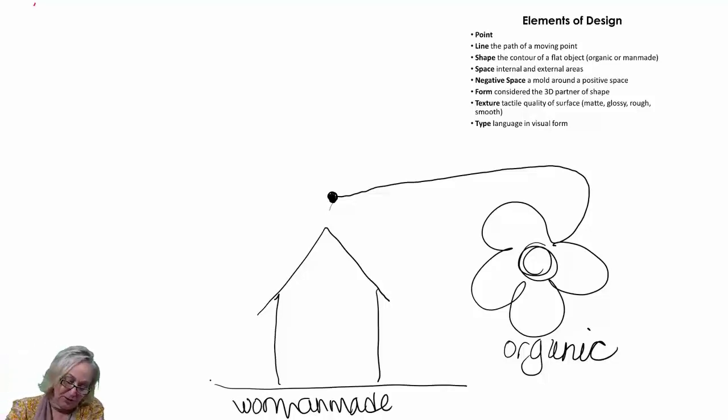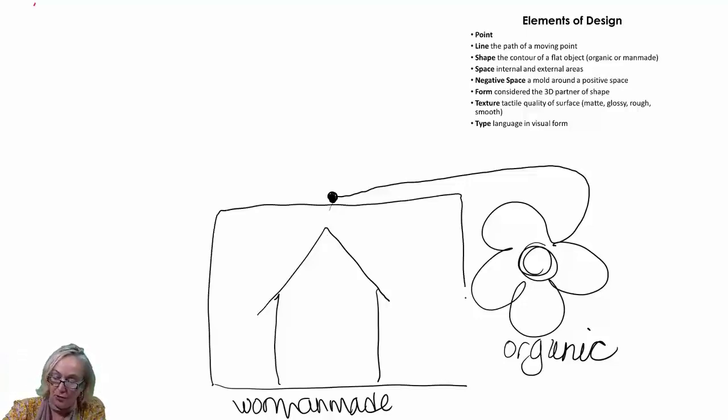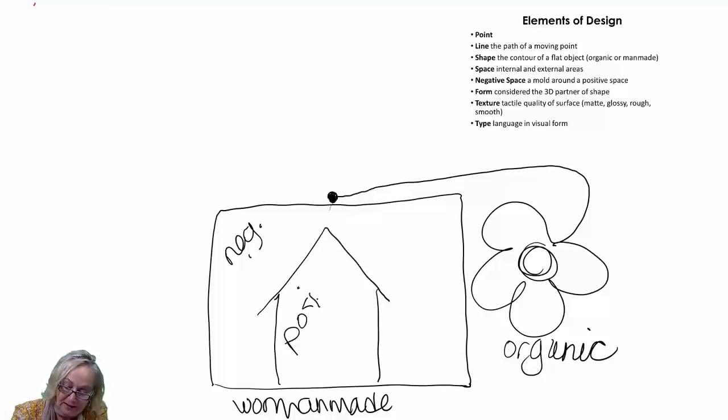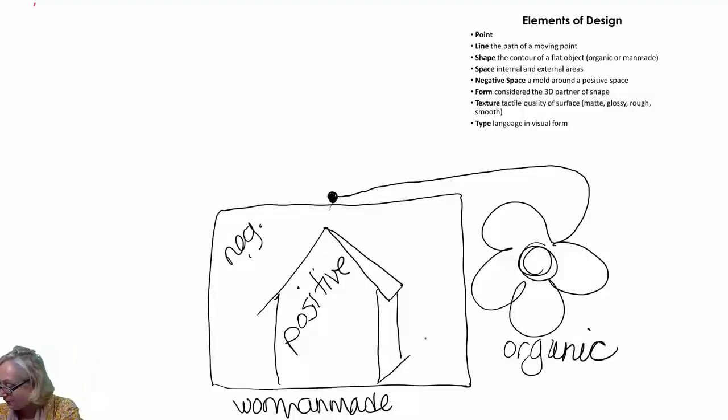Next, we're going to look at the space. So the minute you draw something around something, you have both negative space, which is generally considered the background, and positive space, which is generally considered to be the foreground. And this creates a form, which can be accentuated by the illusion of three dimensions. So that we get a nice form happening, and we can also add texture, which is patterning or different kinds of lines,